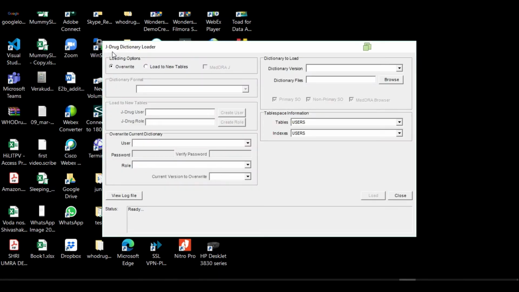We will get a prompt which says JDrug Dictionary Loader. Click on Load to New Tables. Load to New Tables will get enabled. So we are going to create a user.